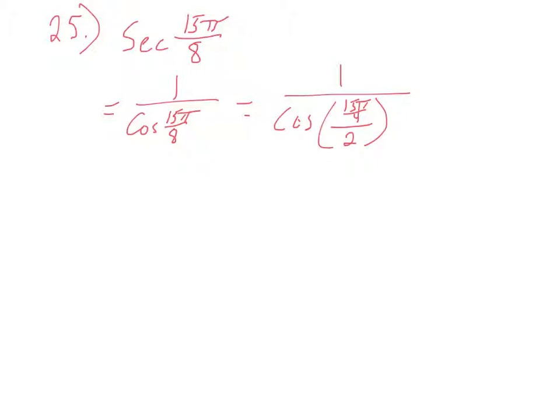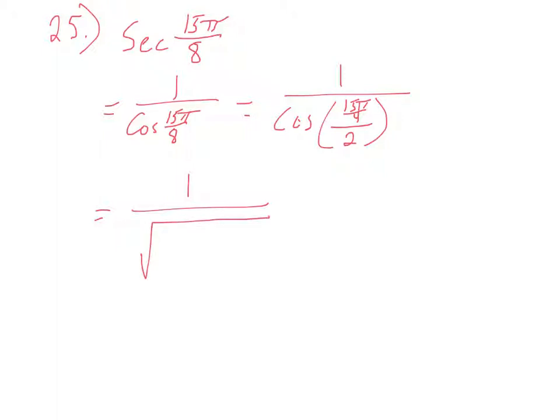15 pi over 4, is that going to have a special angle for our reference angle? Over 4. Pi over 4. What's the reference angle going to be? 45. So yes, it is going to be a special angle, so we can use the half angle formula for that. So it's going to be